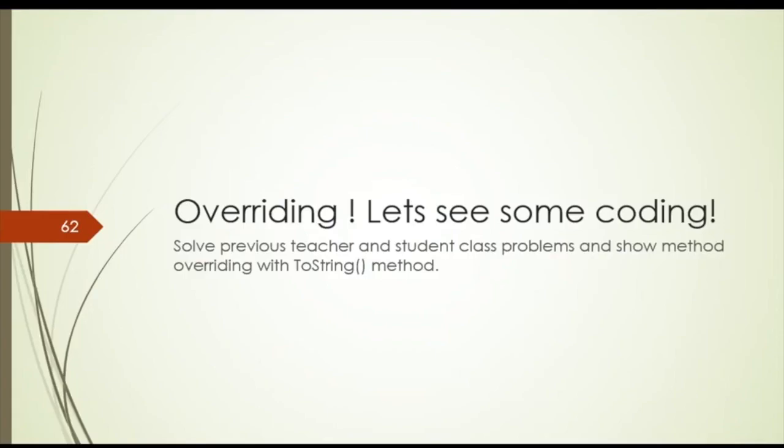Let's go to our slides. We haven't done the toString method, overloading the toString method. With every object you will get a few methods that are tied to the object class. In C#, everything is derived from the object class. So the object class has a few methods, toString, equals, something like that. These methods are common to every primitive type and every object in C#. Whatever class you make, they will be there.